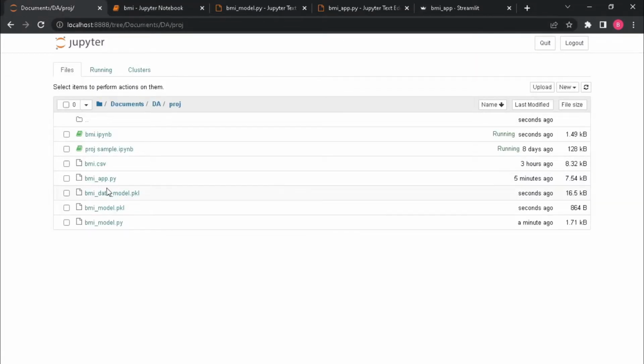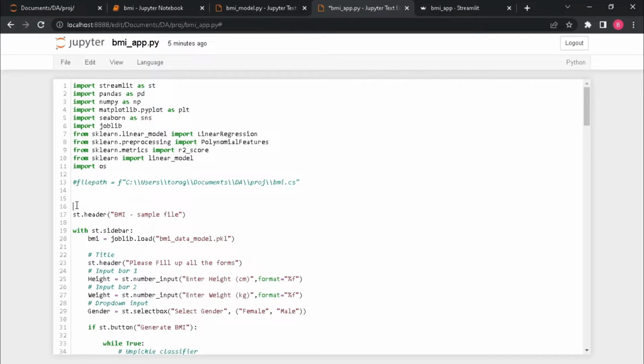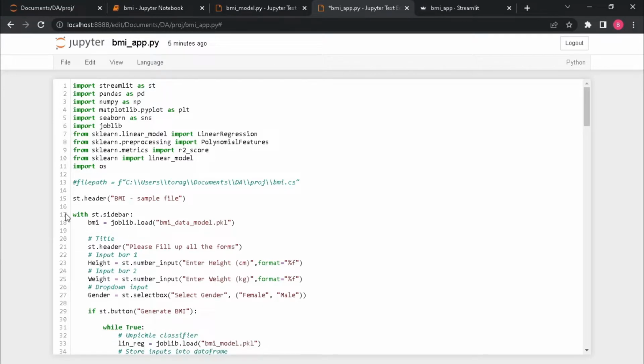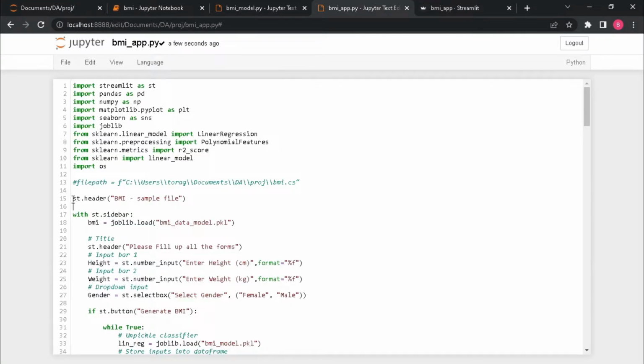Then for this directory here, as you can see, seconds ago, these 2 pkl extension files were created. And then we're going on the BMI app.py. The content of this will be the process inside our web application. Firstly, for the header